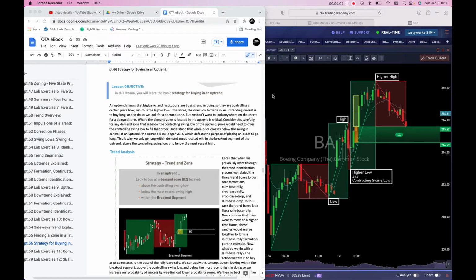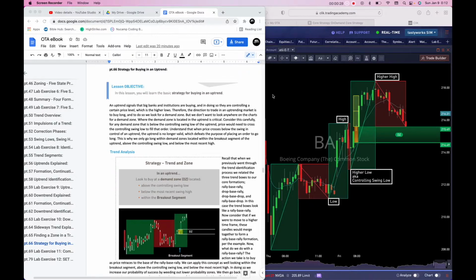In this lesson, you will learn the basic strategy for buying in an uptrend. An uptrend signals that big banks and institutions are buying, and in doing so, they are controlling a certain price level, and that price level is the higher lows. Therefore, the direction to trade in an uptrending market is to buy long, and to do so, we look for